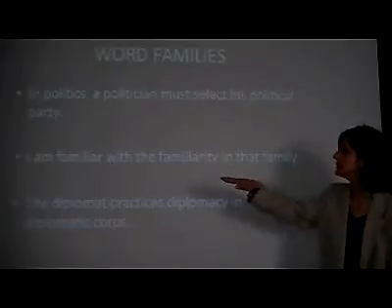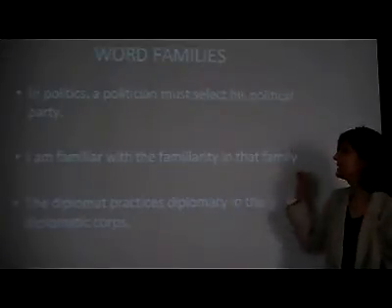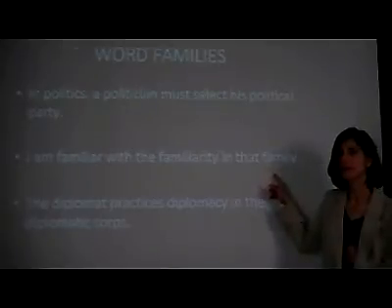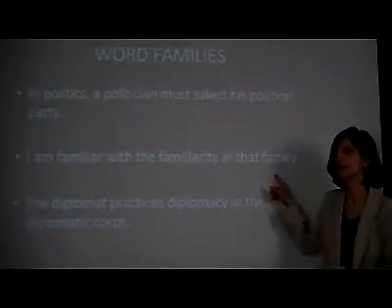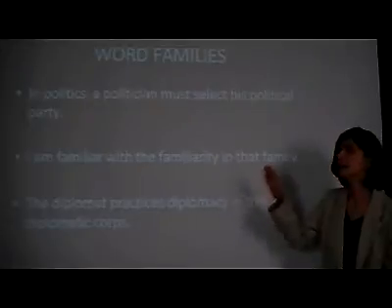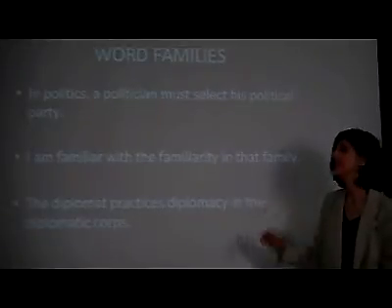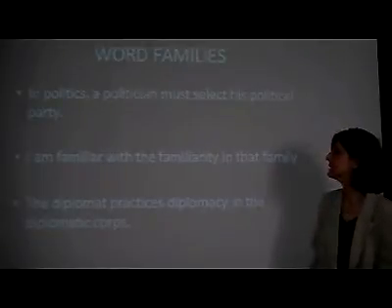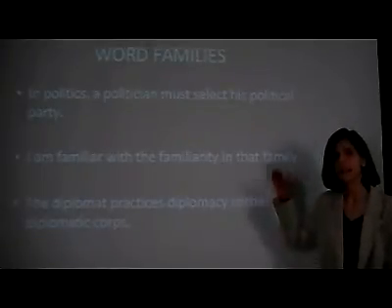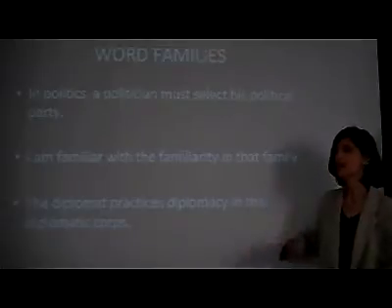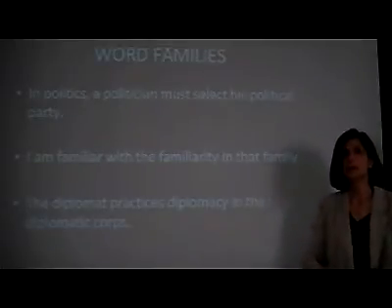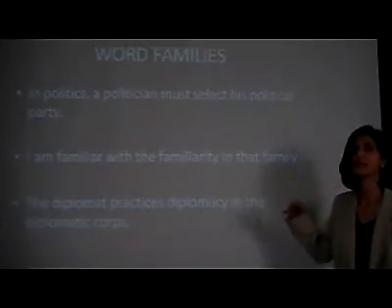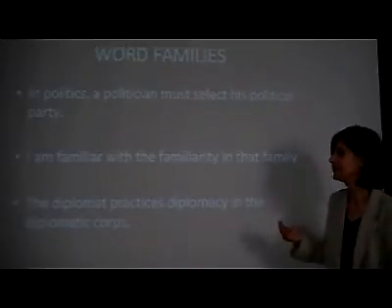Okay, next one, familiar, familiarity, and family. Be careful with this one. It looks like there's 3 syllables, but we're going to pronounce only 2, family. So familiar, familiarity, and family. I am familiar with the familiarity in that family. I'm familiar with the familiarity in that family. Okay, I almost feel my body pushing forward and moving ahead on those stressed syllables. I need to do that to make sure that I'm pronouncing those correctly.